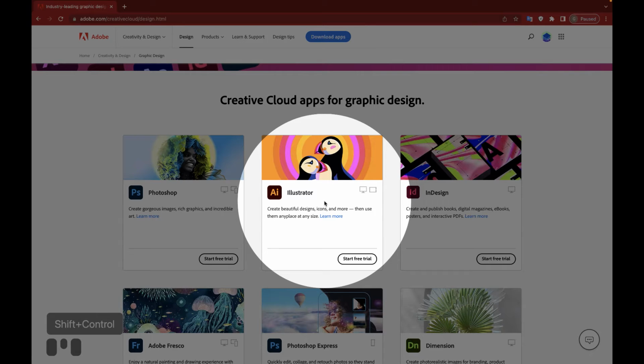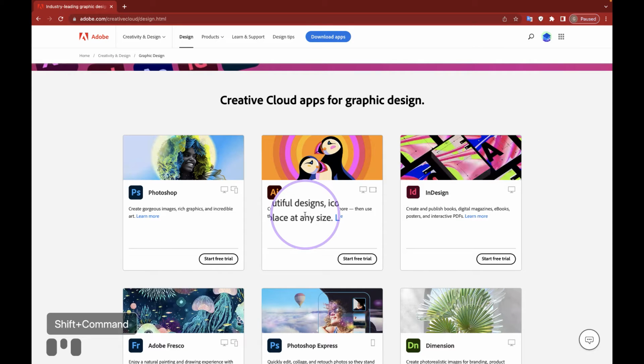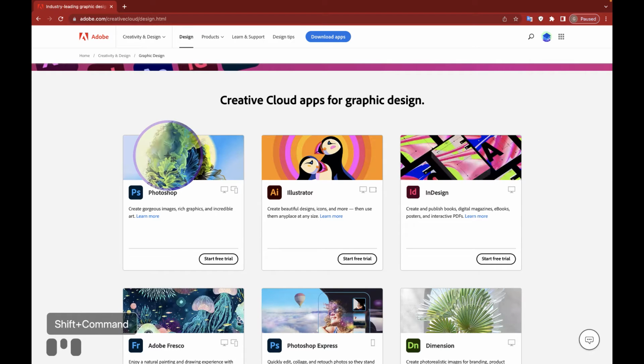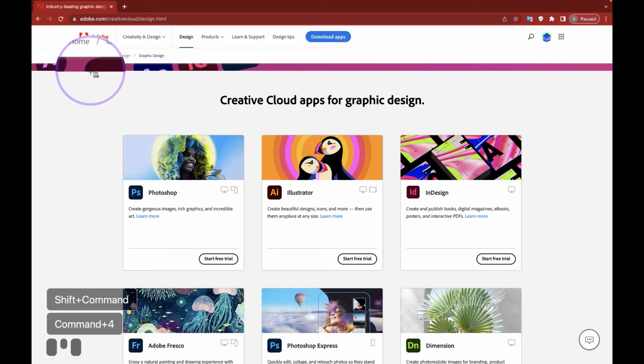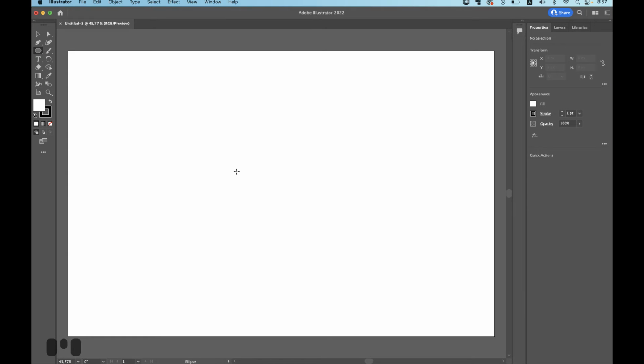So what is a vector image? And here is your hint. You can use any objects created in Illustrator any place at any size, which means they can be printed in whatever size you want without losing image quality. Let's just take a screenshot of it. I'm using the Mac, so I'm just holding Shift, Command and 4 and taking a screenshot of it. So let's go back to Illustrator. And now we need to upload the screenshot right into the project.